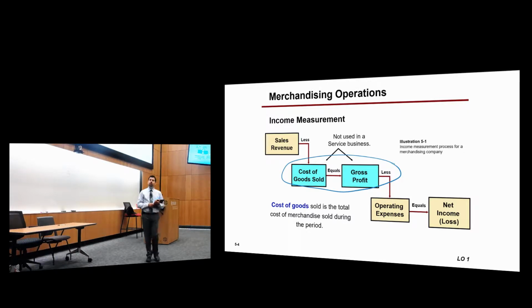Another reason is that the cost of goods sold is directly related to the sales. In what way? If Best Buy sells 100 TVs in August, they have to recognize the cost of 100 TVs. If they sold 150 TVs in September, they will have to recognize the cost of 150 TVs, right?